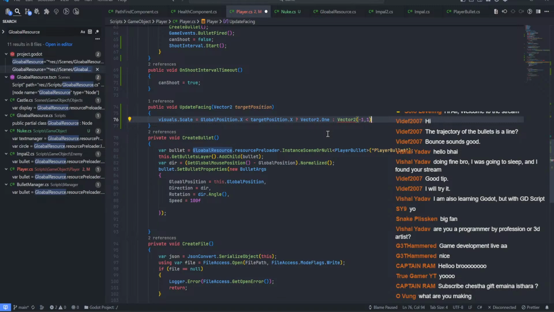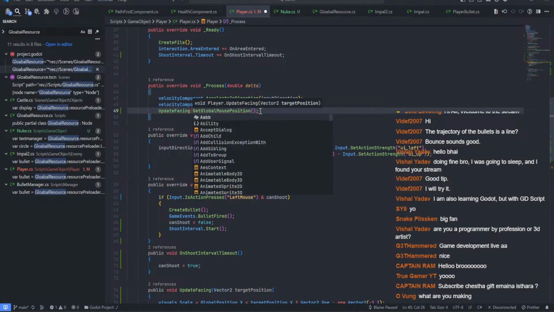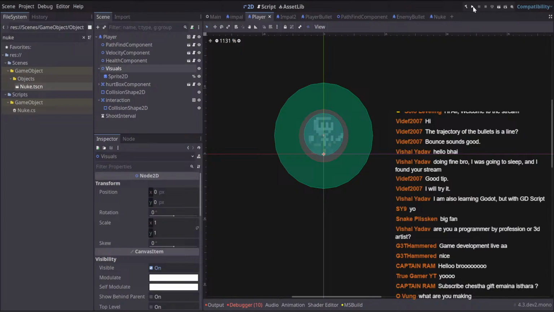One comma 1. Can I do that? Complying. So with that, I can just pass. So with that, I think